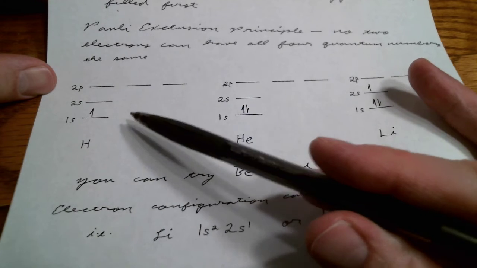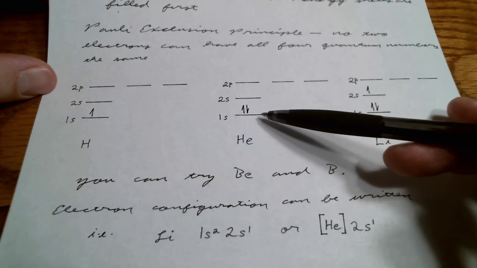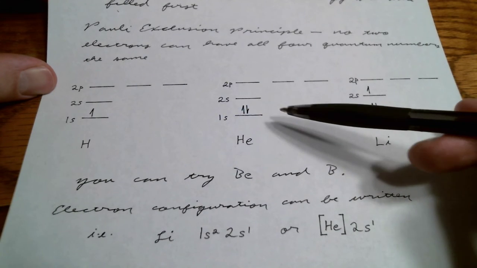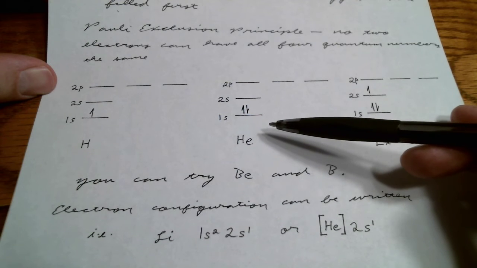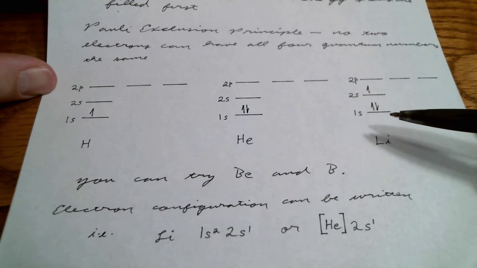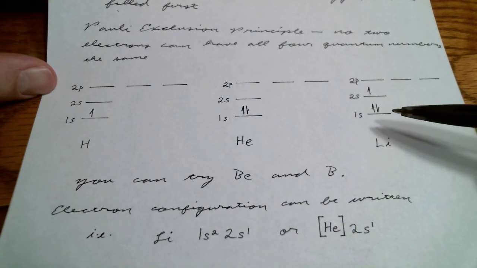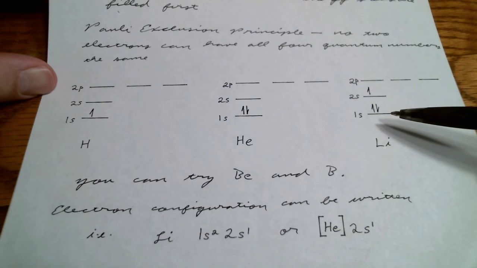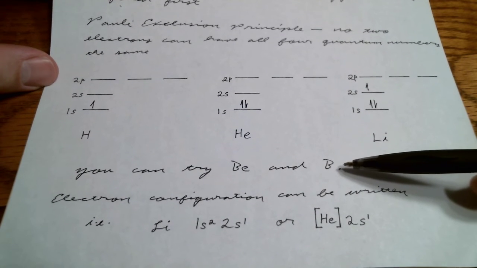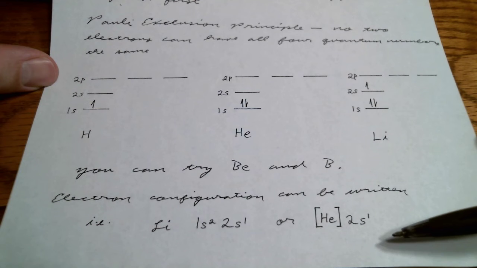Hydrogen has one electron in a 1s orbital. Helium has the 1s orbital filled, so 2 electrons. So 2 times 1 squared is 2. That's the number of electrons that you can fit in your 1s orbital. When we go to lithium, we have 3 protons, so we must have 3 total electrons for a neutral lithium atom. So we put 2 in the 1s orbital and then 1 in the 2s orbital. You can try beryllium and boron on your own,